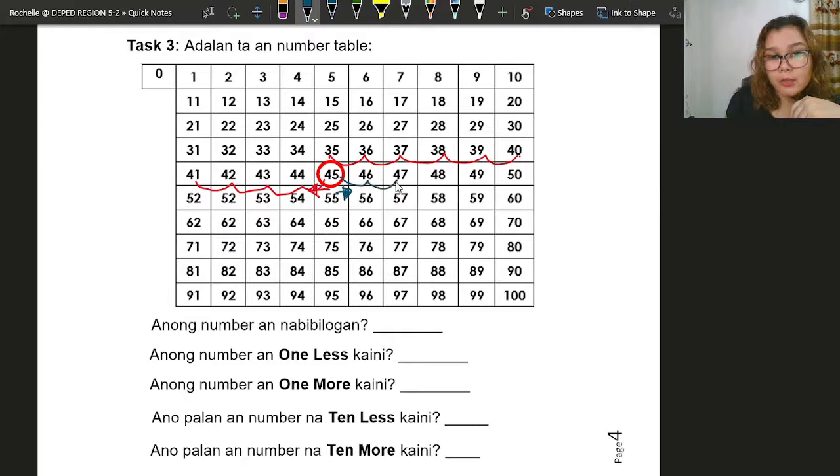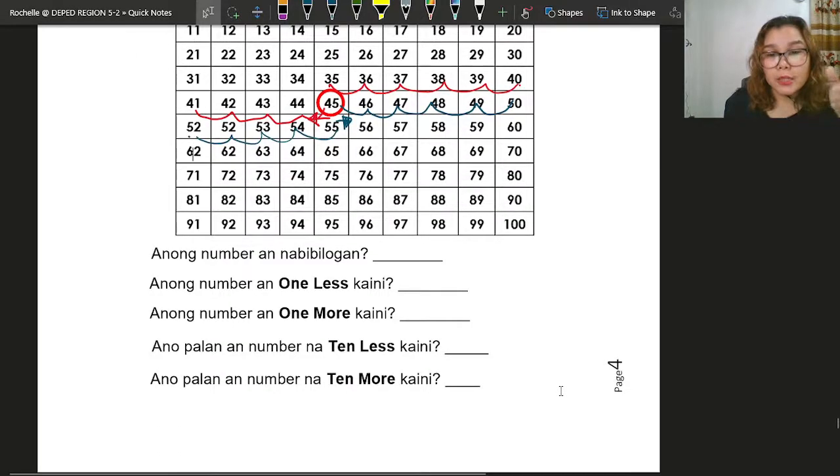So you need to count 1, 2, 3, 4, 5, 6, 7, 8, 9, 10. So that is counting 10 more. Okay, you just write the answers, complete page 4,